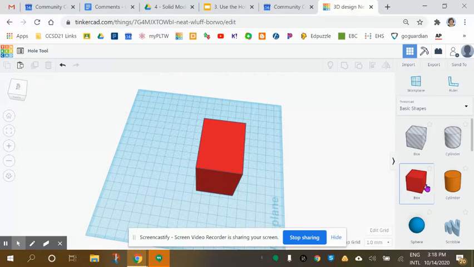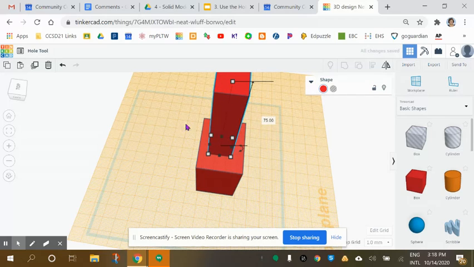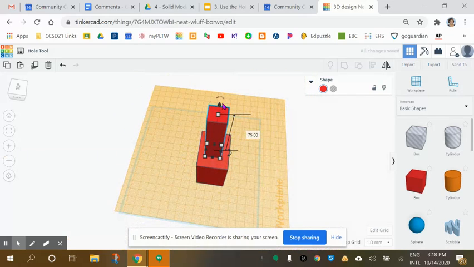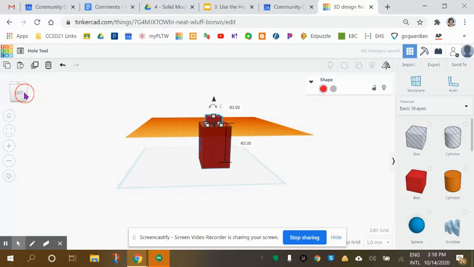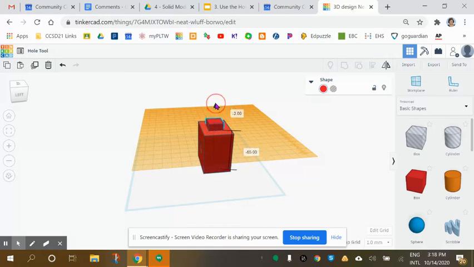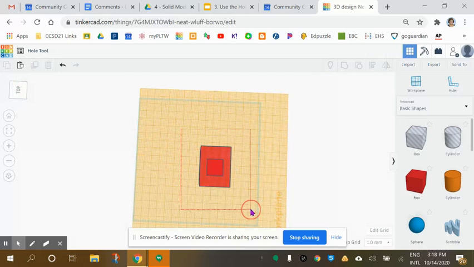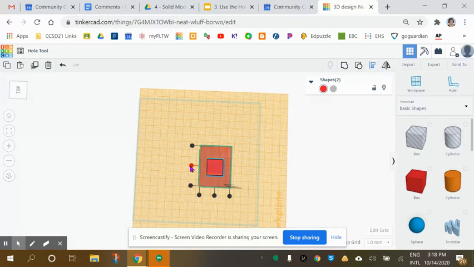Okay. This time maybe we'll put a square hole through it. So what I'm going to do is take a work plane and put it on top. Take my square and put it on top. Click on the white little square and make it really tall. Minimize it. Push that right through. Now let's see, did it go all the way through? Yeah, it did. I could see it on the bottom. So I used this cone shape to push it all the way through. I'm going to rotate it back to the front,